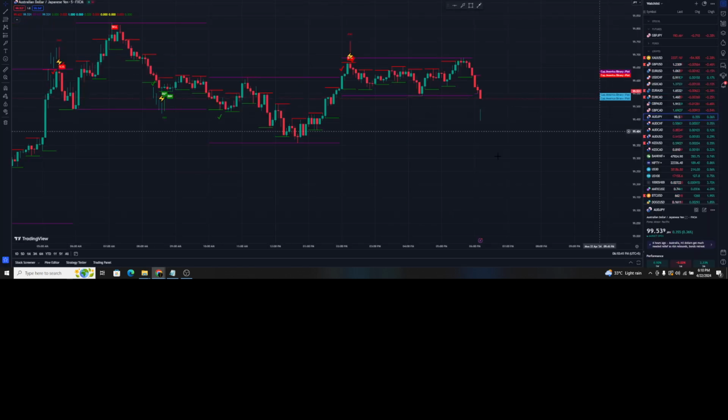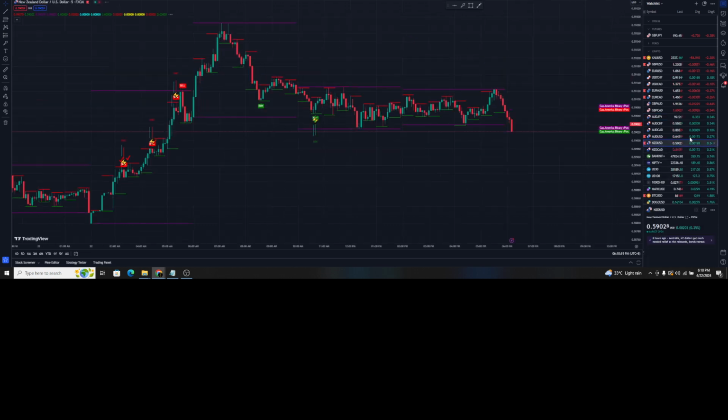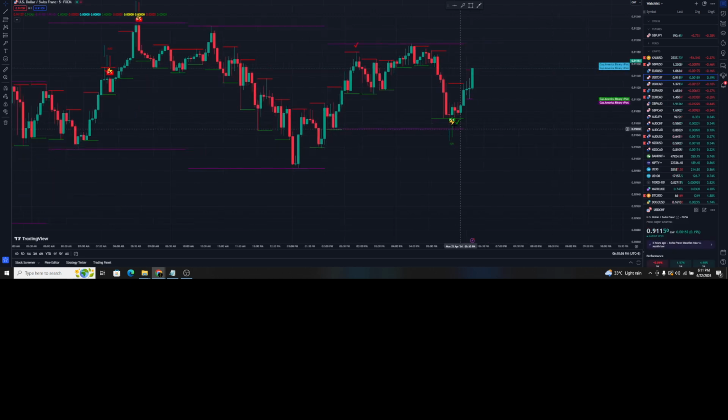Okay, now when we talk about this indicator, this is highly specialized, because you can see we have the buy signal from here, sell signal from here, sell from here, buy from here. So at least this indicator is providing us with great scalping chances. Yes guys, this is quite possible. Right now you can see on the USD CHF the price is pumping up. You can see we have the buy signal.